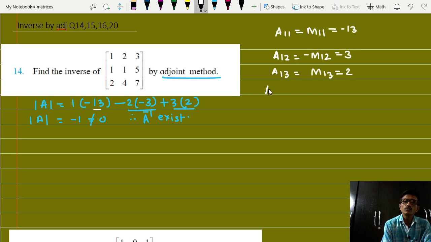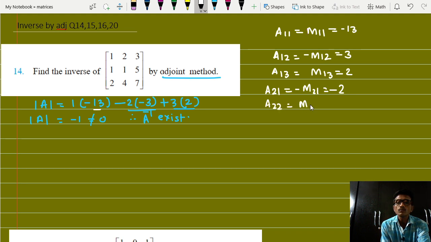फिर इसके बाद A21 क्या होगा? माइनस ऑफ M21 विच इज सेकेंड रो और फर्स्ट कॉलम छोड़ना है. 2 3 और 4 7 का एक्सपेंशन, ये 14 माइनस 12 होगा, दैट इज 2, ओके 14 माइनस 12 2, और उसका नेगेटिव माइनस 2 इट इज, देन a22 इज इक्वल टू m22 विच इज,